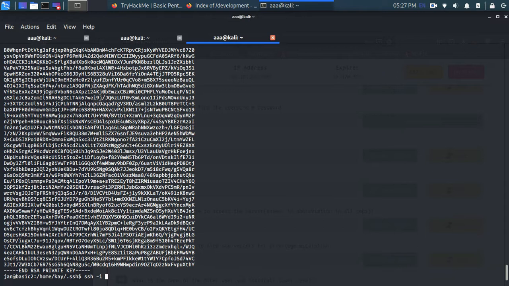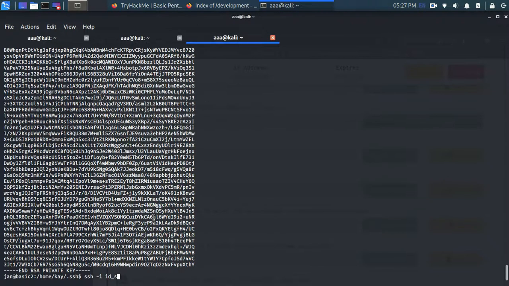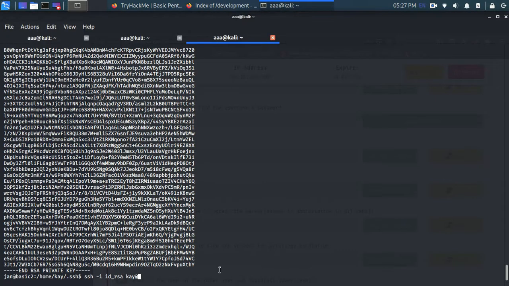So ssh -i, and the name of this file was id_rsa, and I want to connect as k at this IP which we are inside right now, and I think this should work.